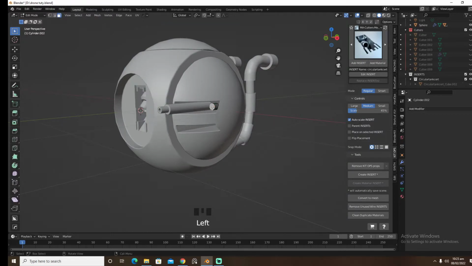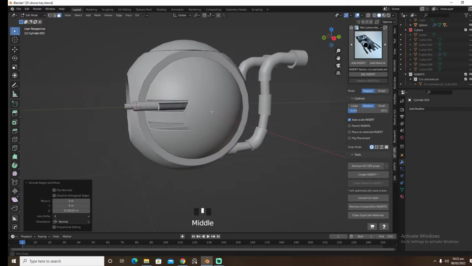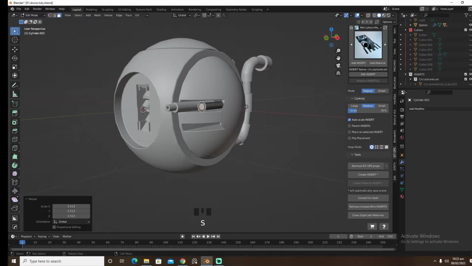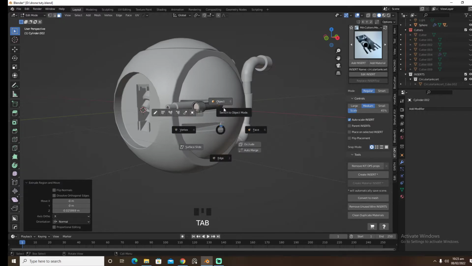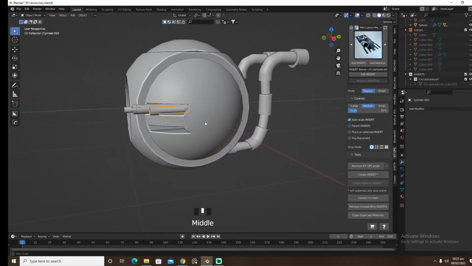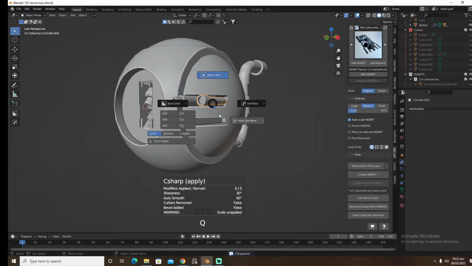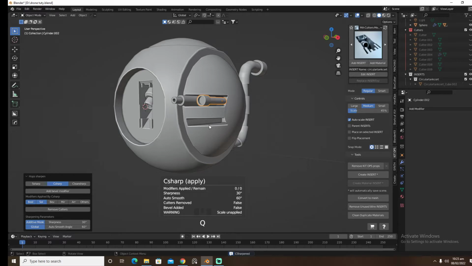Select this guy, select the face mode, press E and then press E and S and bring it up, and then E and I and extrude inwards. Let's sharpen these. Left control sharpen,